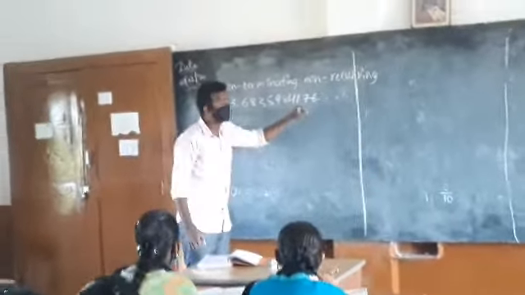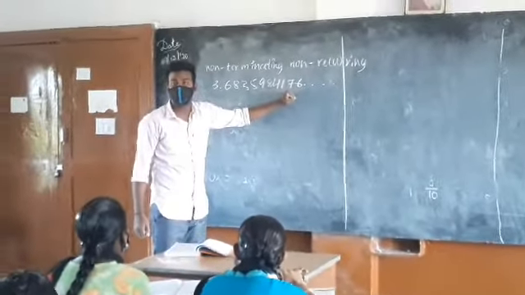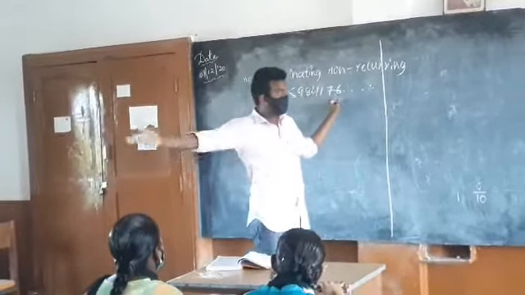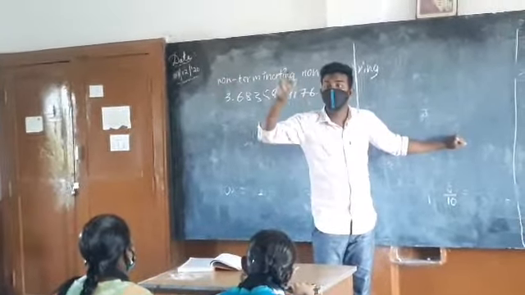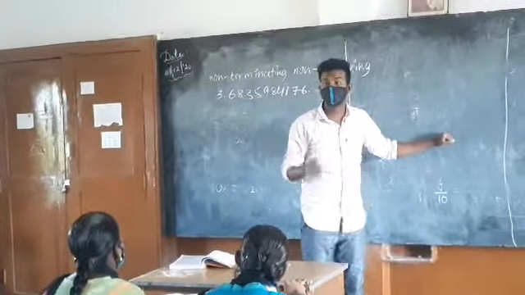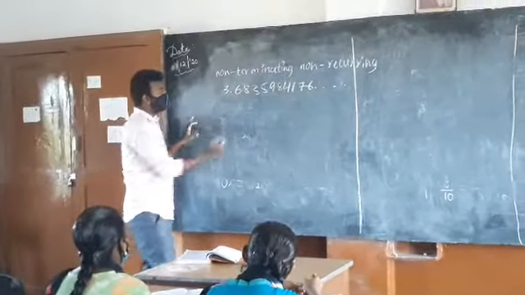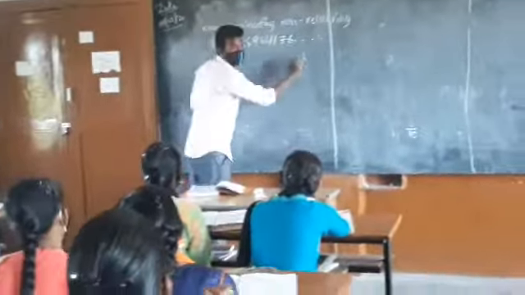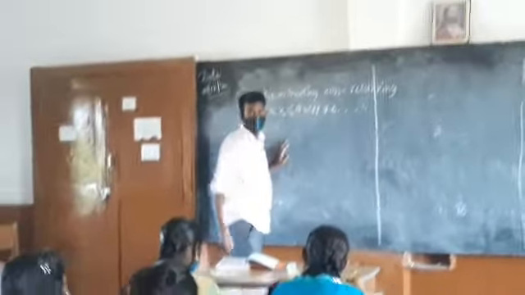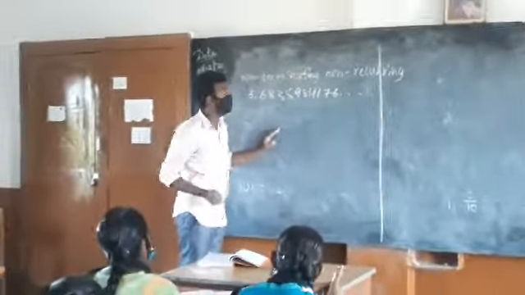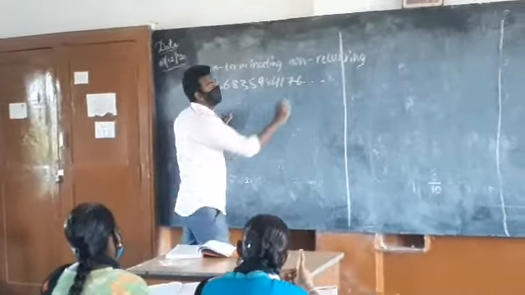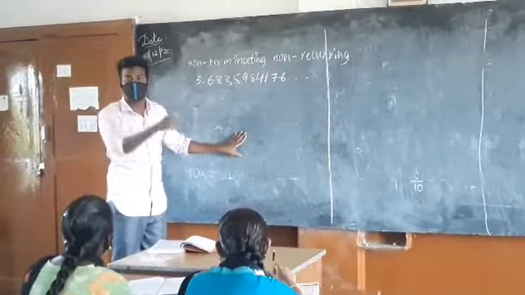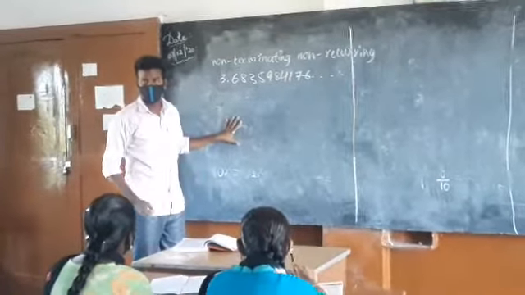So, you cannot convert this into rational form. Why? Because you cannot follow the procedure which we have done for terminating decimals, taking the number of zeros in the decimal. You cannot know how many decimal numbers there should be, how many zeros you need to put. If at all you want to write a denominator for this, because it is non-terminating, you do not know where to put the bar as it is non-recurring. You cannot follow any of the procedures which we have discussed to convert this into rational form.